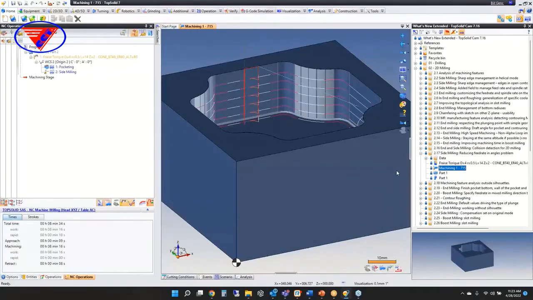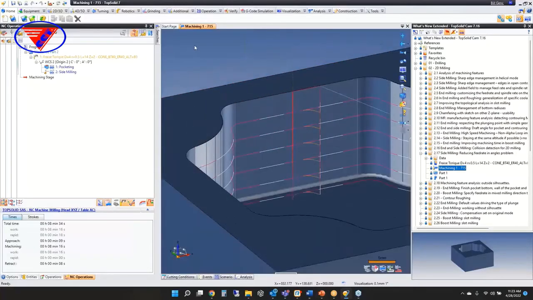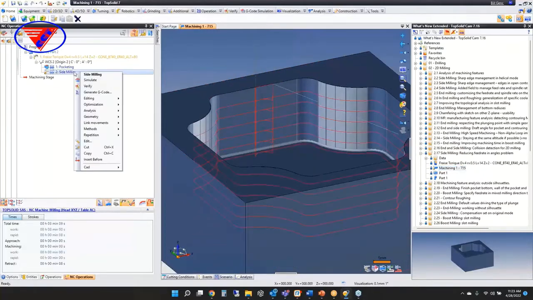Okay, next is an improvement in the side milling command with regards to reducing feed rates in angles. In previous versions, decreasing feed rates in the angles or radiuses was done in some unjustified cases, such as on the lead-in and lead-out. Now the decreased feed rate won't trigger when the radius or angle is in the lead-in or out. Right now you can see by my reduced feed rate colors, my pink colors there, it's happening on the lead-in, lead-out, which is kind of silly. So if we come in here and we upgrade this,